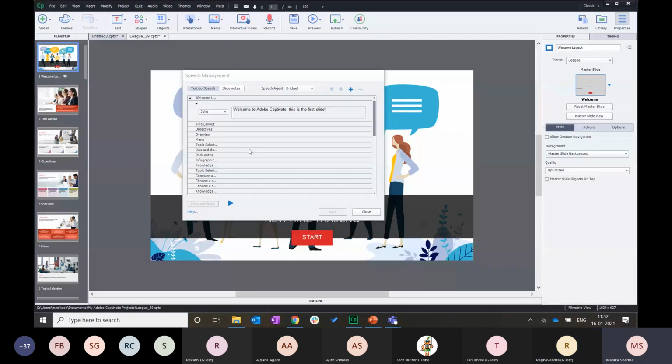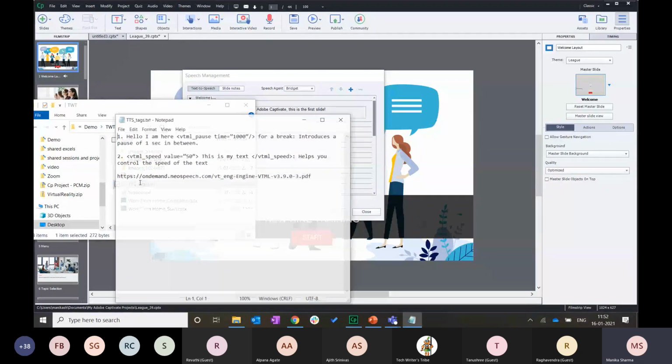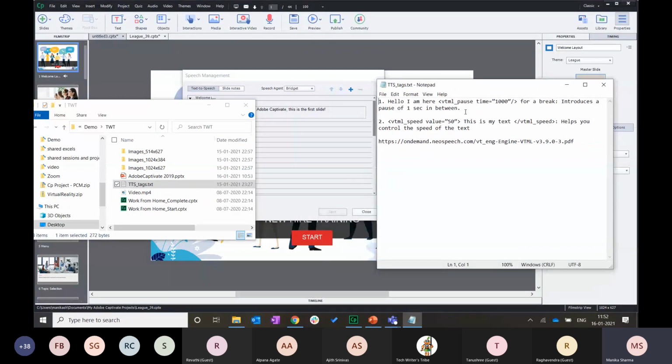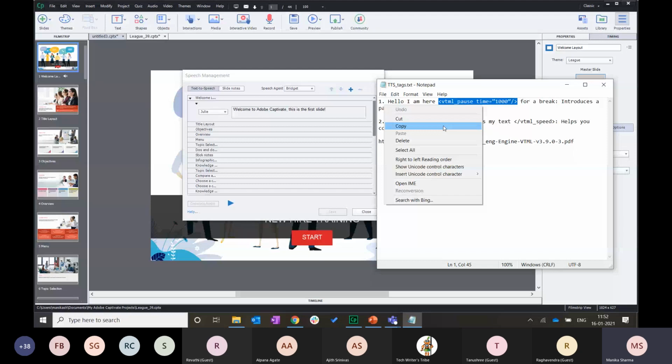All right, so we were talking about VTML tags, and I'll just give you a really small example, not to overwhelm you, but this is a tip that I want to provide to all of you so that it becomes easy and seamless for you to make use of text to speech. So let's say we want to add some pause after welcome to Adobe Captivate. Okay. So all you have to do is add this small piece of code. It's not even a code, it's just a single sentence sort of, and it says VTML underscore pause time equals